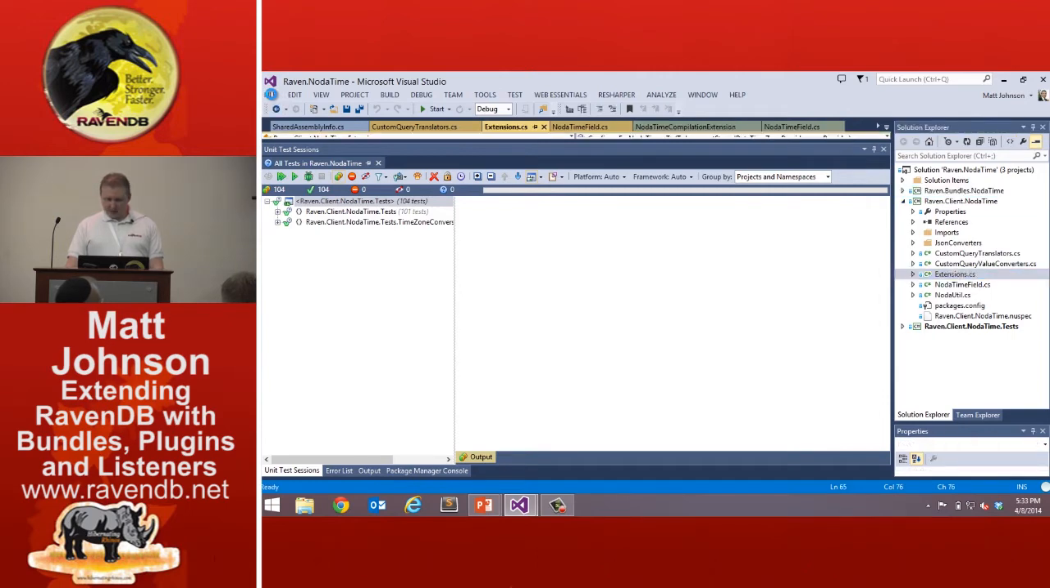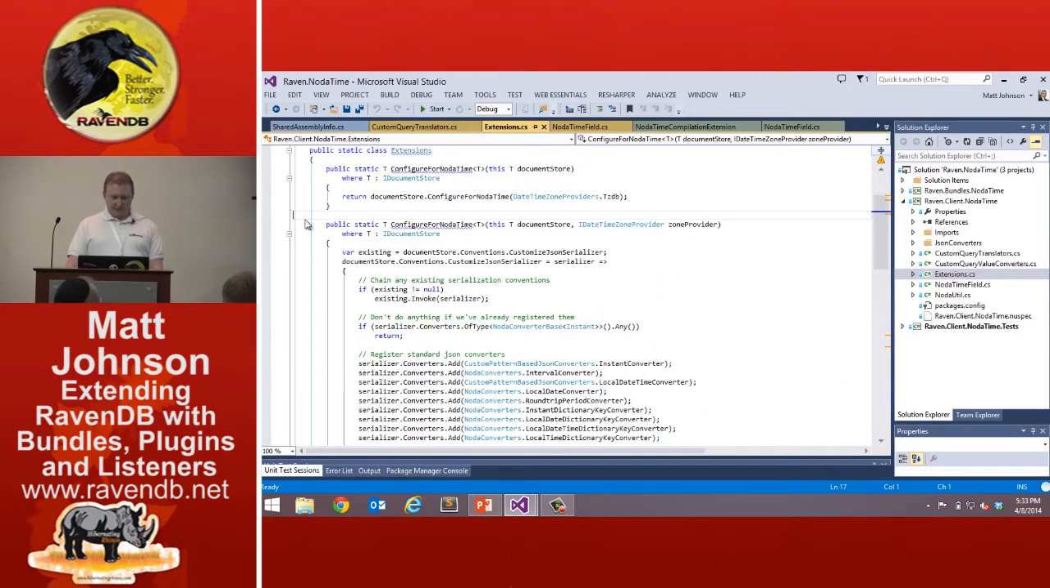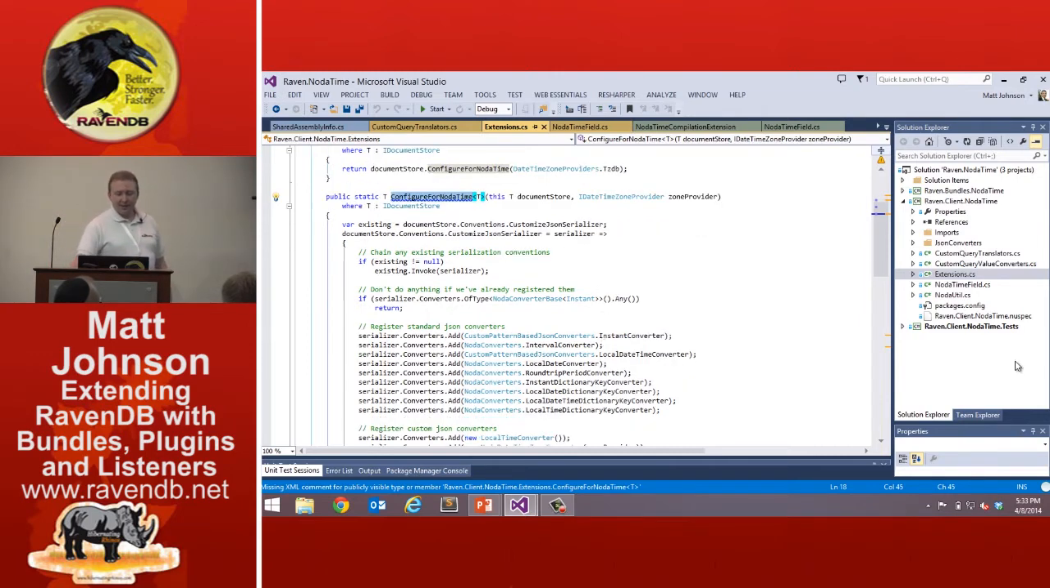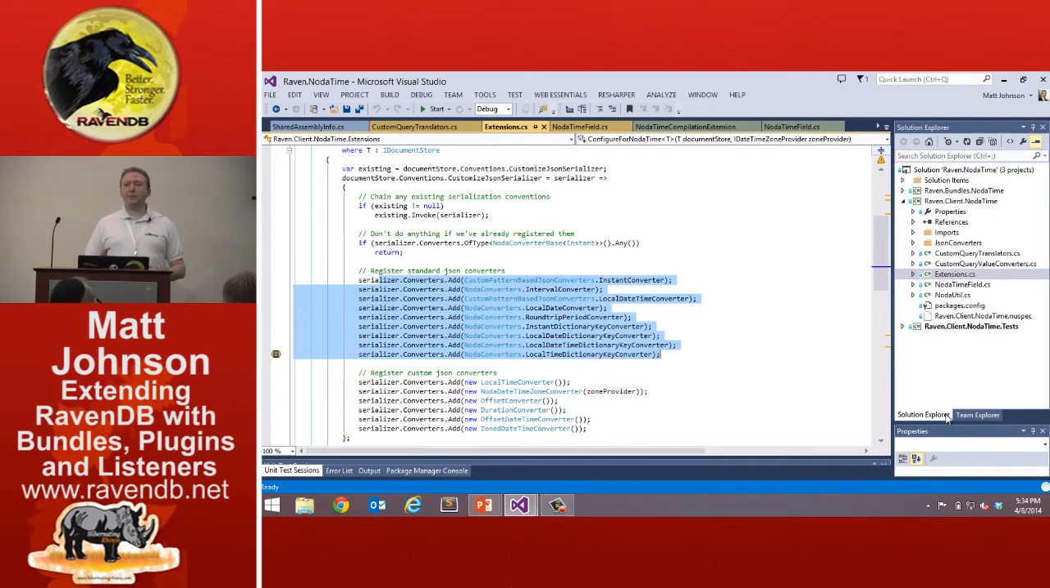If you saw earlier, I had an extension method that said configure for Node-a-Time that I wired up to the client to tell it how to do it. These are all the things it's doing. First, it's adding a bunch of custom serializers that I've created for Node-a-Time. Some of them were written for Node-a-Time, but then ported to Raven because Raven has its own copy of JSON.NET